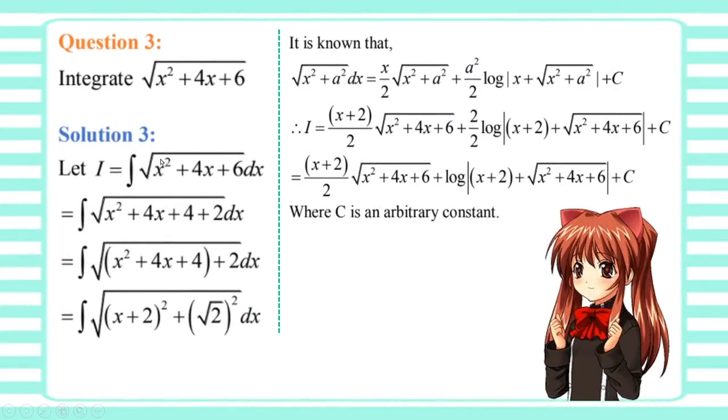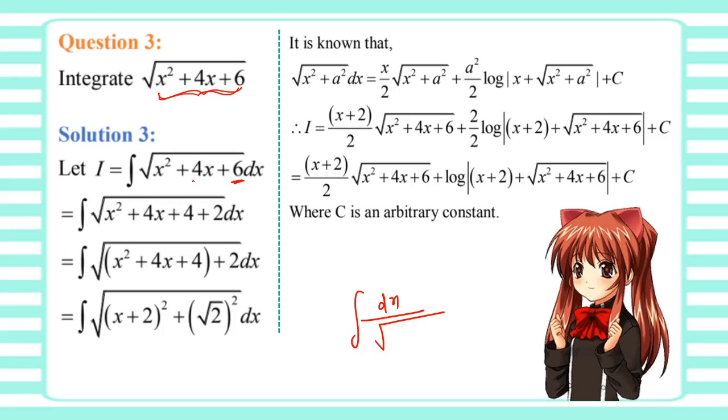Now third question, integrate this. Under root x square plus 4x plus 6. Students, we have already dealt with these types of questions when it was given in this format, dx and under the root, right? But now when it is given in the numerator only, then how do we deal with it? First of all, again we use that concept of completing the square. Either you split this constant term and see if it works, otherwise you can take the coefficient of x, half,